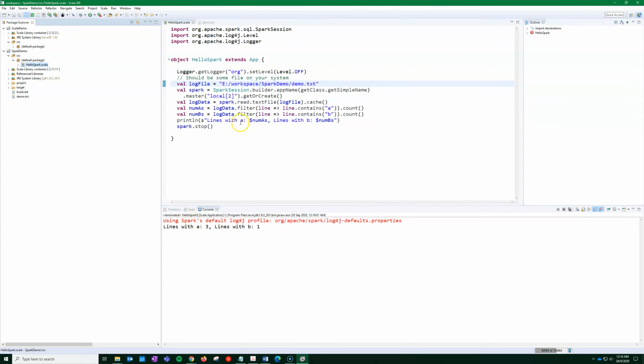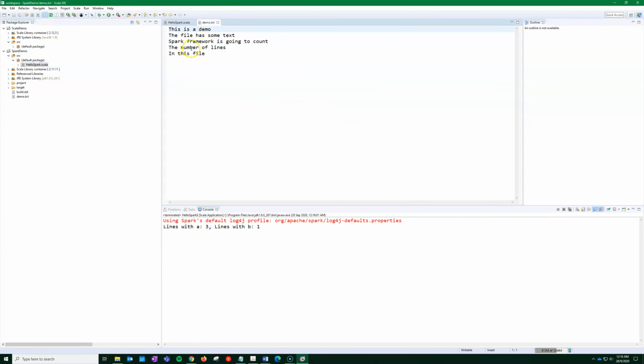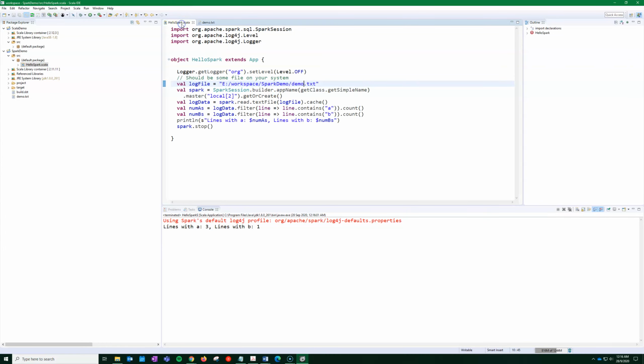The number of lines that had A was 3 lines. B is 1. Let me see if there is any B. There's a B, right? So there's 1 line with a B and then 3 lines with A. So this is how we know that the